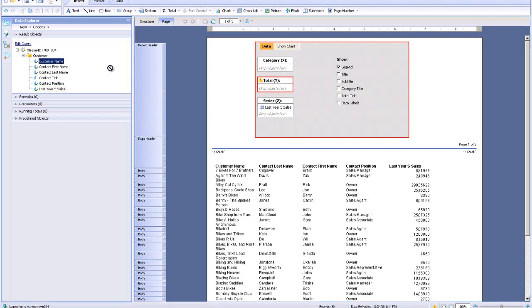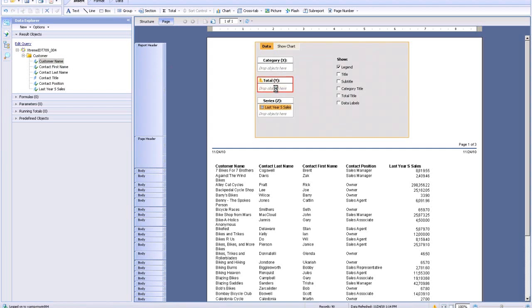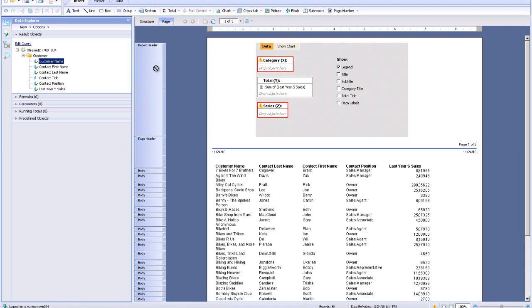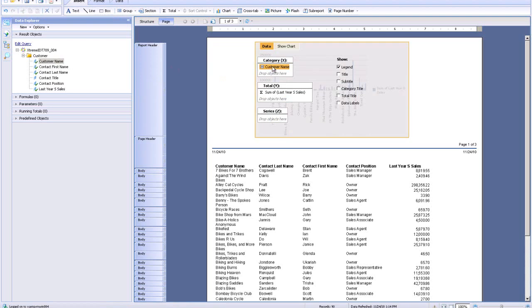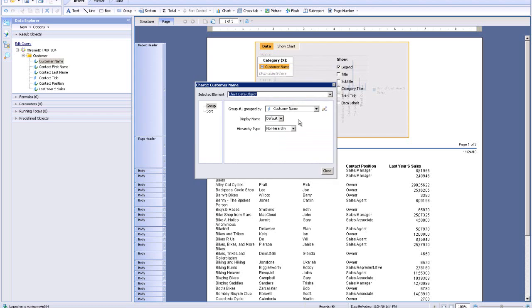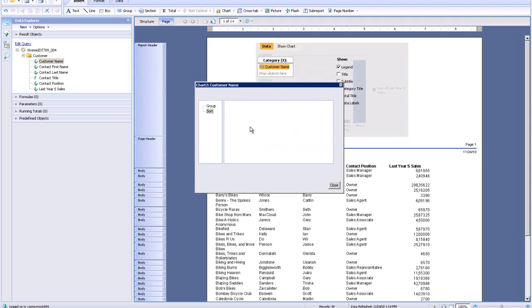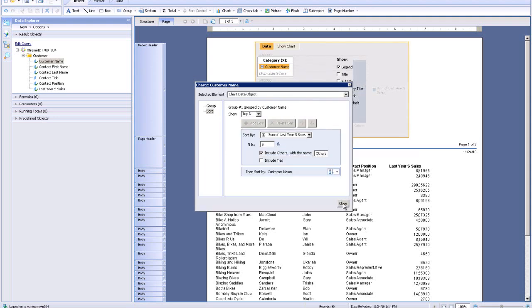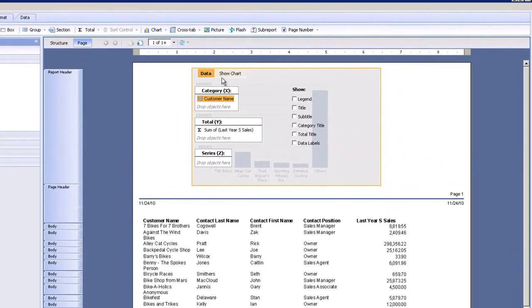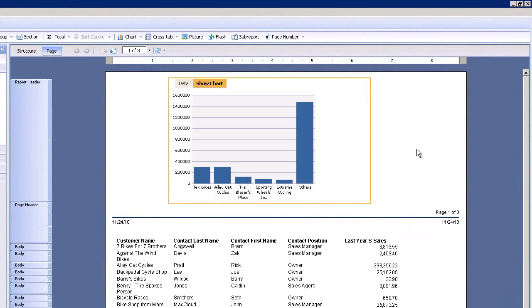So I want to see last year's sales, and then I also want that organized by customer name, and maybe I just want to see the top 5. So I will need to format that so that I see only the top 5. And now just in a few easy clicks, I can easily see what my top 5 customers are